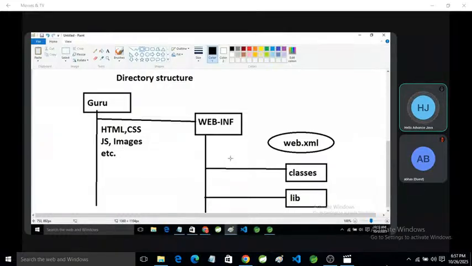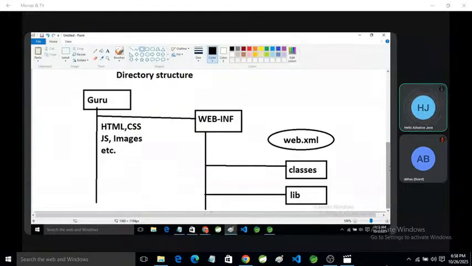If you have a servlet but its description does not exist in web.xml, it will show a file not found 404 error. So if you have a servlet, it must be declared in the web.xml file. These are the basic directory structure of your web application.